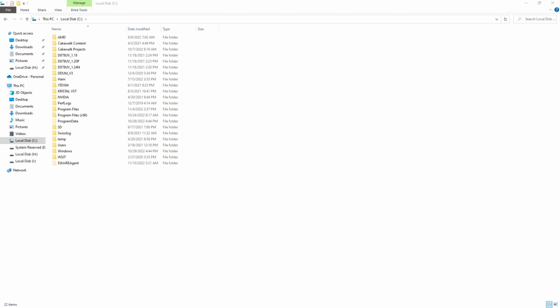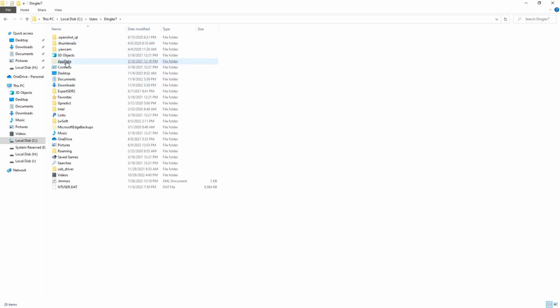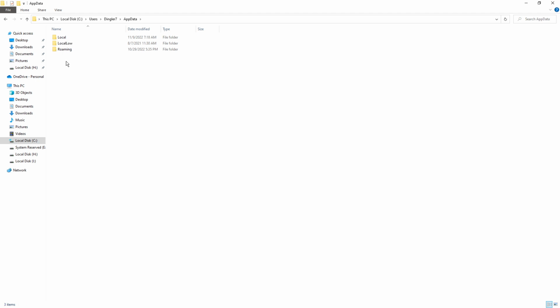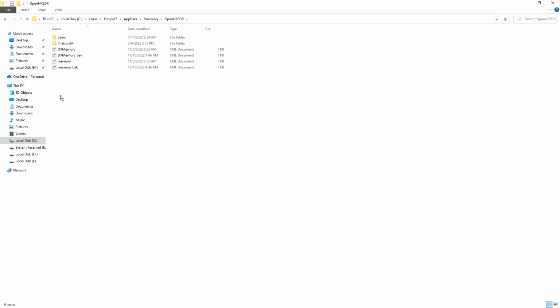Head over to the other screen. I'm going to show you the directory and where that image, the background image, is located. And this is important. So go to your Explorer, go to C drive, go to users, your username, app data, roaming, go down to open HP SDR, go to skins,